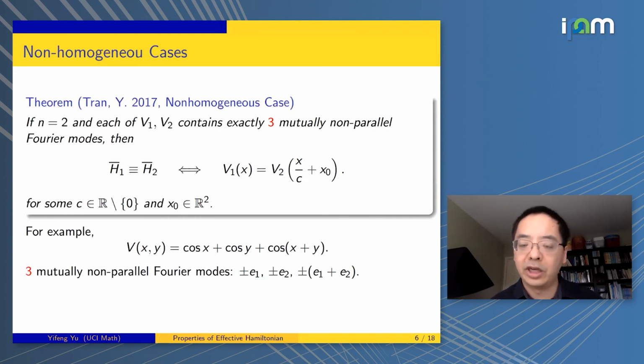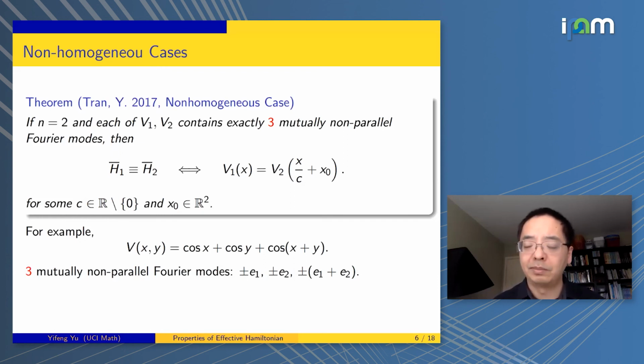So we proved it in 2D. We say, okay, suppose in 2D, and this is a very special situation. This is a paper I wrote with Han Chen 3 years ago. Okay, so it's a very special situation. It's like a tiny progress. Okay, so we proved that in 2D, if the potentials only contain 3 mutually non-parallel Fourier modes, which means we only consider